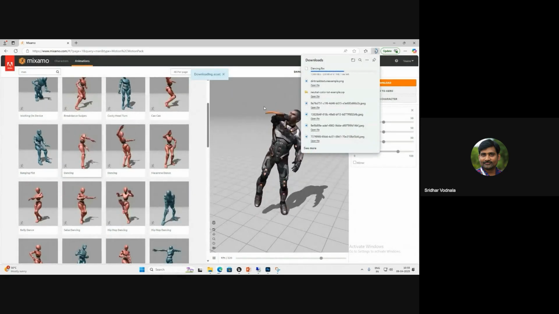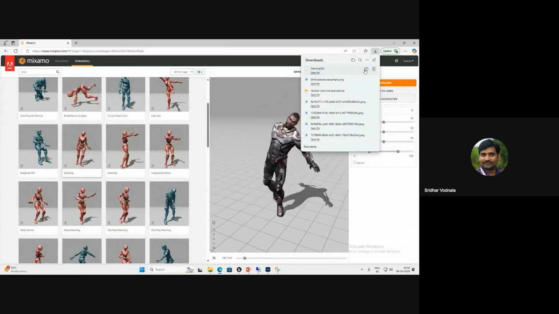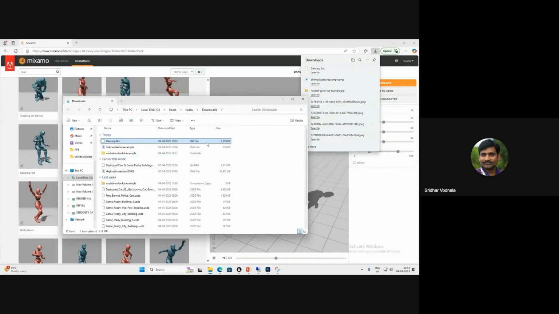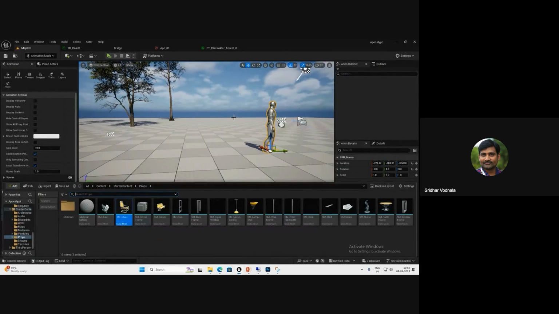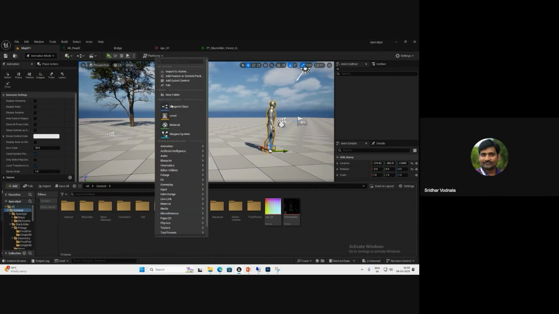Okay, because if you download with skin, the size of your files is very high, 5 MB to 10 MB or 15 MB. So instead of that, the first file you download with the skin. After that, you can download without the skin. Okay, only the animation that you can use. So now what I can do, I just want to use that animation over here, for example. Okay, but I'm using a different character over here. So let's